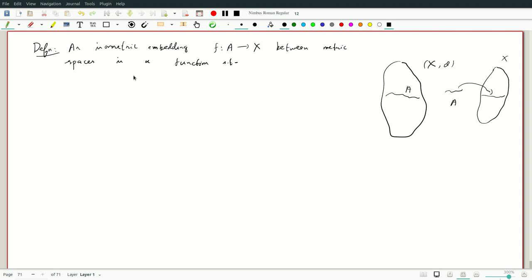such that the distance between f of x and f of y is the distance between x and y for all x, y in A. Let me change the terminology. Let's call these x and y, because even though in our example it was a much smaller space, it need not be. So x, y in X. Okay. So the following thing I'm calling a theorem that's really easy. If we have an isometric embedding, any isometric embedding,